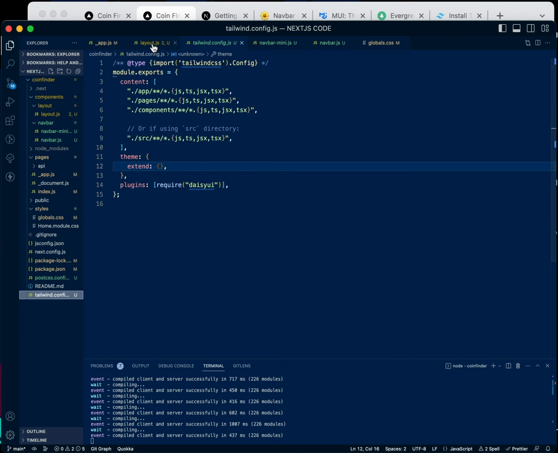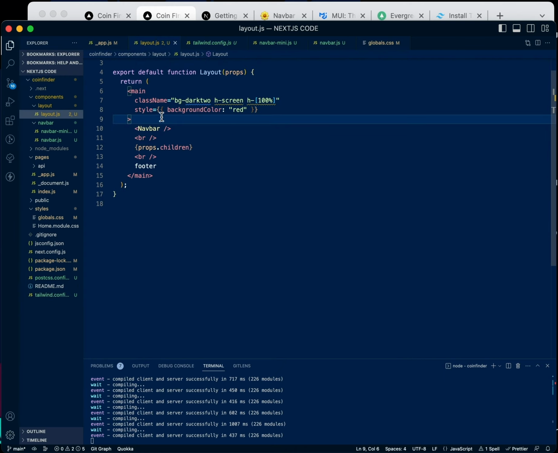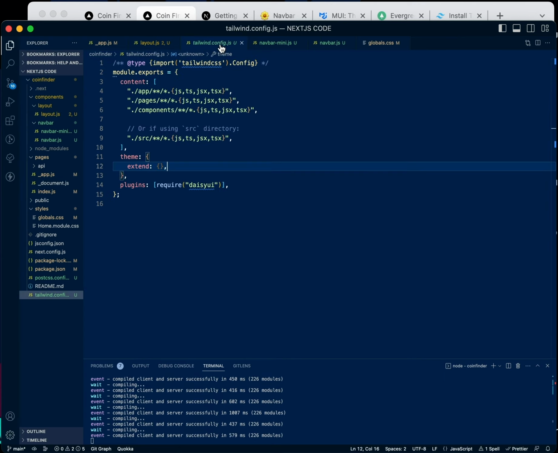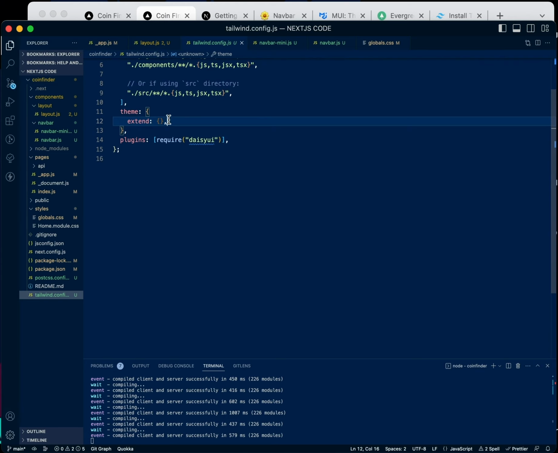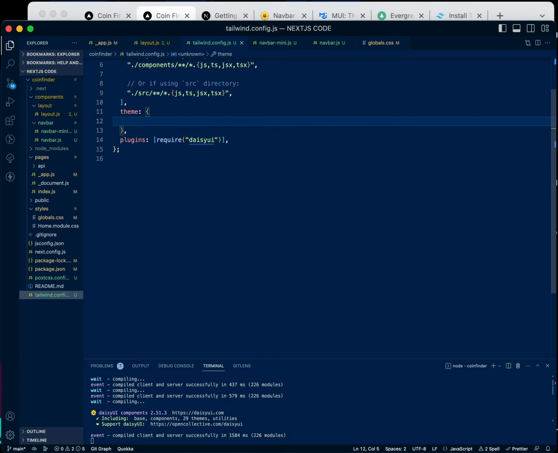Now, this color that I specified here, this dark 2 color, it's a color I did on my own. So what we're going to do is come here and remove this. We're going to put in our theme, we're going to come and say colors,